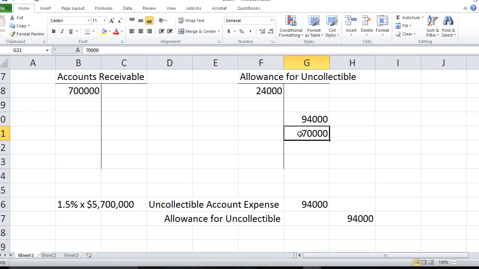Which one of these do you think is more reliable? Do you care? The more reliable one tends to be this aging method. This net sales method